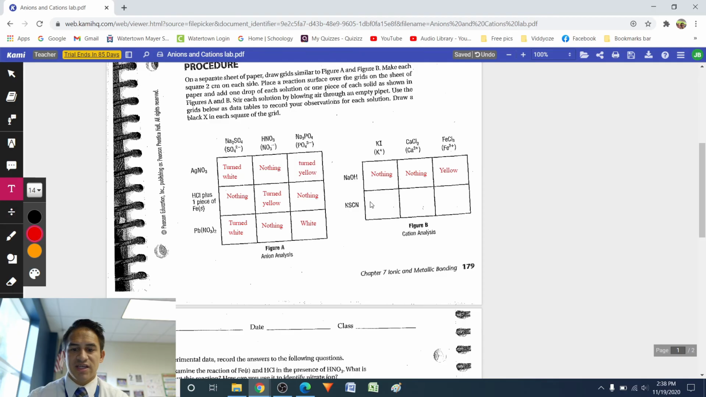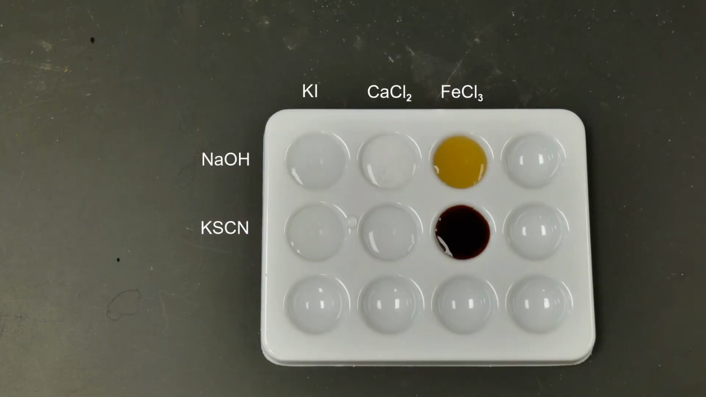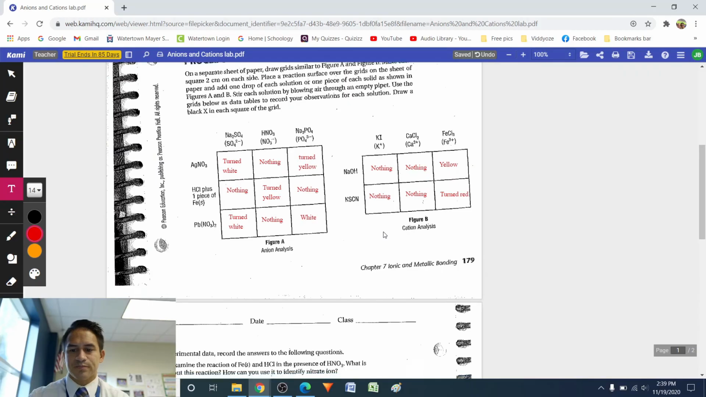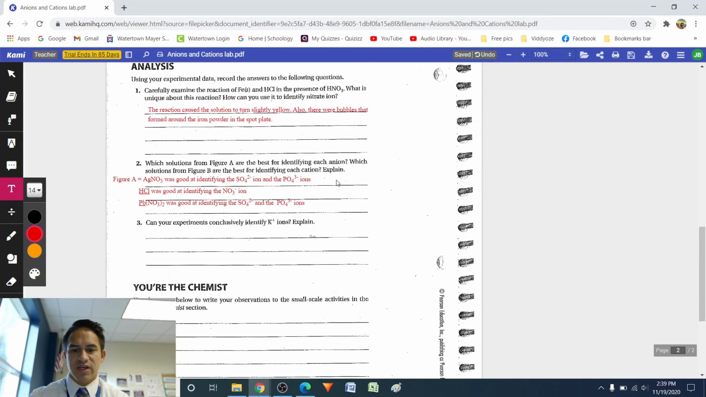As for the KSCN, for the first one, nothing really happened. So the potassium thiocyanate was not good at identifying the potassium ion. It also was not good at identifying the calcium ion because, again, nothing really happened with the calcium chloride. However, it was really good at identifying the iron ion in the iron 3 chloride because when you put these two together, it turned like that really blood red kind of color. It's very cool. So for figure B, we will say